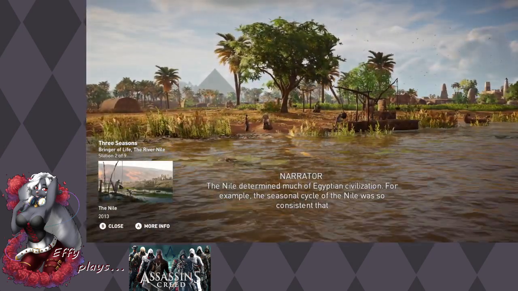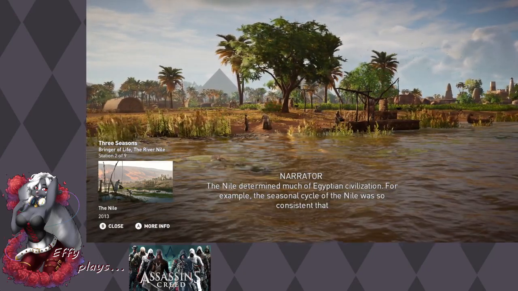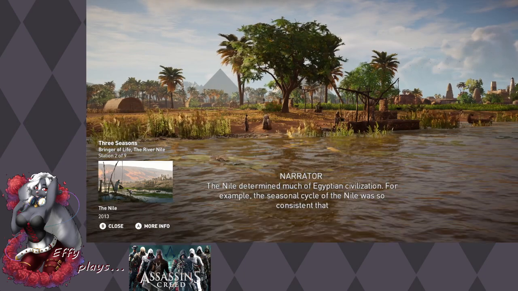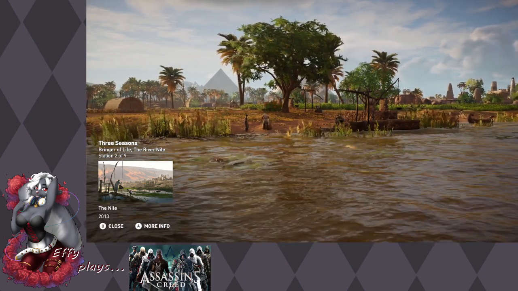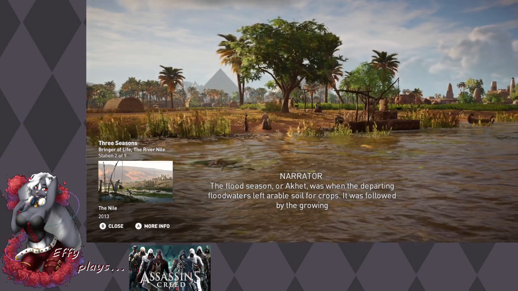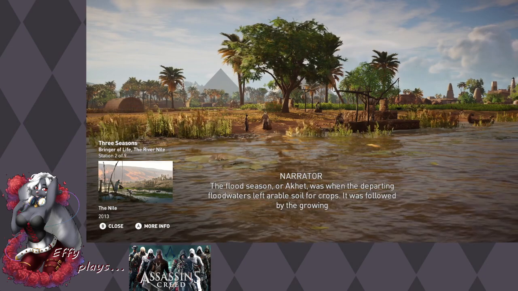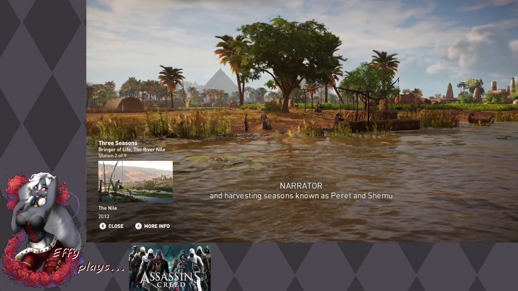The Nile determined much of Egyptian civilization. For example, the seasonal cycle of the Nile was so consistent that ancient Egyptians created their calendar around it. The flood season, or Akhet, was when the departing floodwaters left arable soil for crops. It was followed by the growing and harvesting seasons, known as Peret